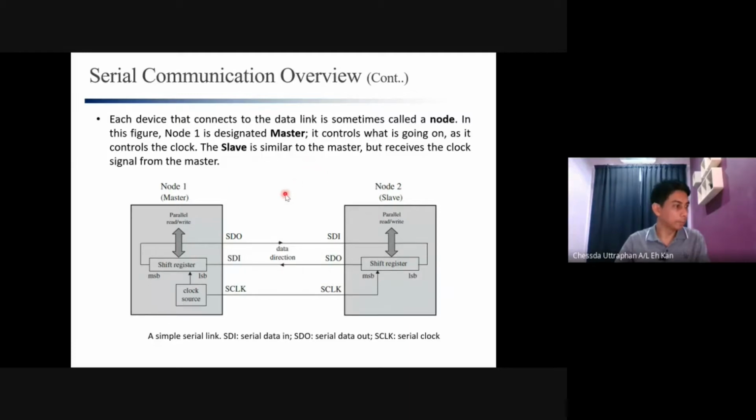Now let's go further. Let's see how we implement this in a microcontroller or in electronic devices. So how does serial communication work? If you have two devices like this, one we set as master and the second one we set as slave, and the master wants to send the data to the slave, or node 2, and also wants to receive,